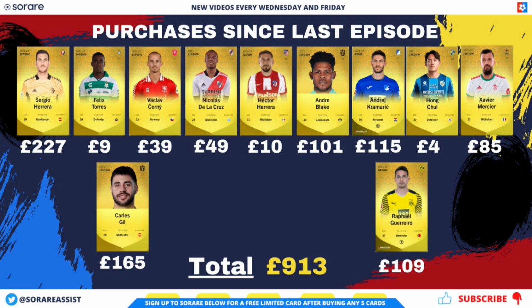Now, I've bought Andre Blake, who was £101. Now, he's a goalkeeper to slot into my Champion America team. So, those of you who've watched the videos previously, I have already got 2 defenders from Philadelphia in my Champion America team. So, I thought Andre Blake would be a good addition. And it's a good job I bought him because, as I've said, Patemis seems to have lost his place in the side now, so Blake was a fantastic acquisition to go with